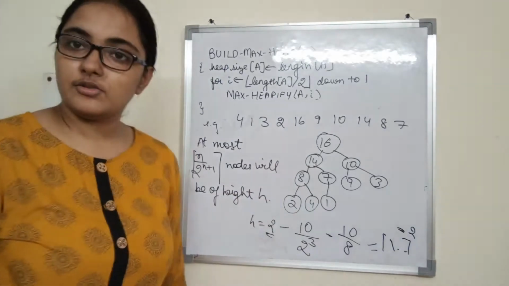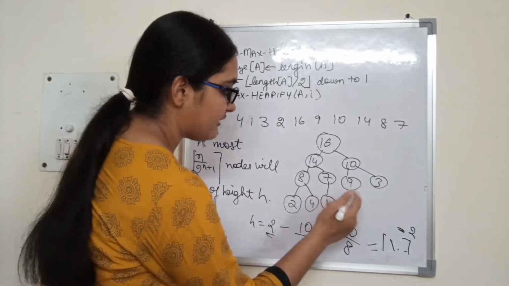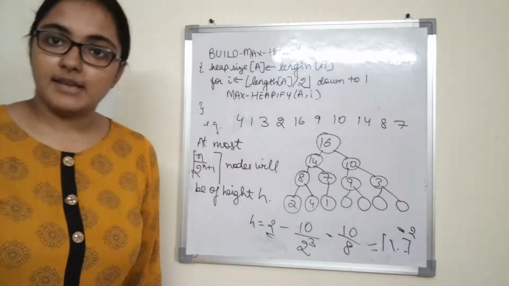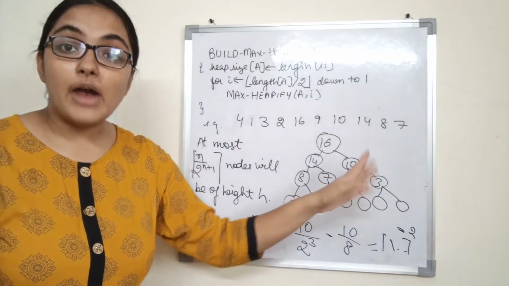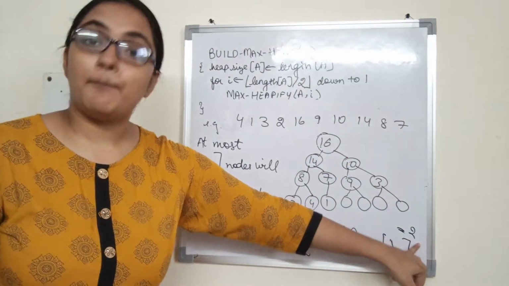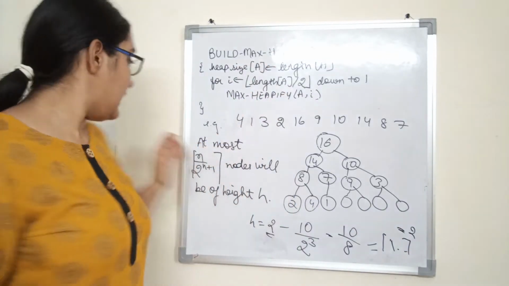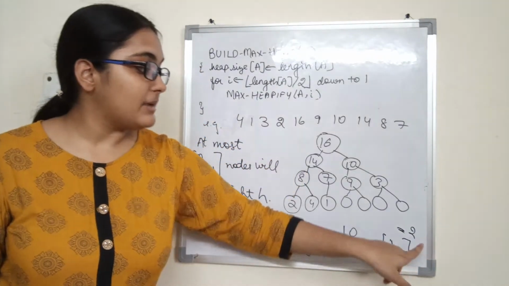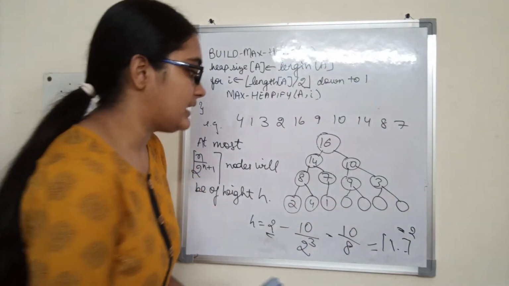In this case, how many nodes are of height 2? Only 1 node. Why? Because it is not a complete binary tree. If the heap were like this, then how many nodes are of height 2? 2. So at most it places an upper bound, that at most 2 nodes can be of height h. There can be fewer nodes of height h. So here in this case there can be at most 2 nodes of height h, but we have just 1 node of height 2.